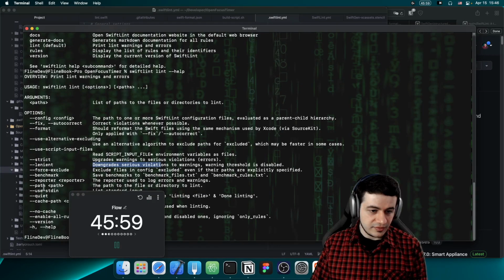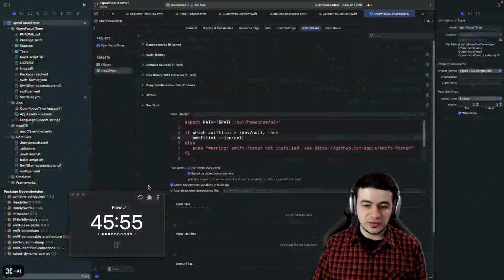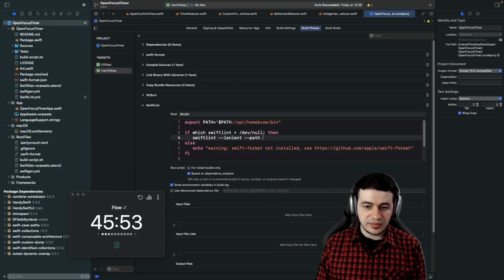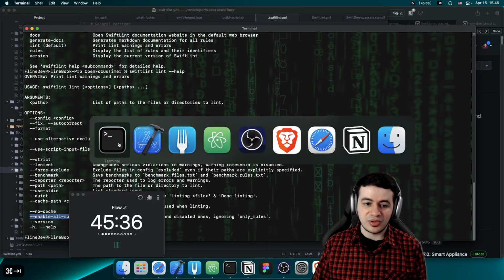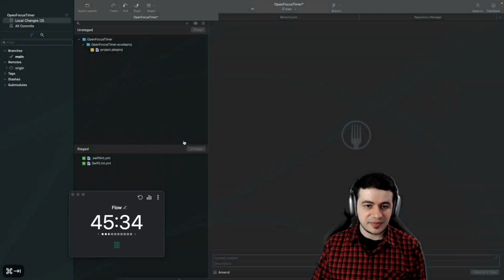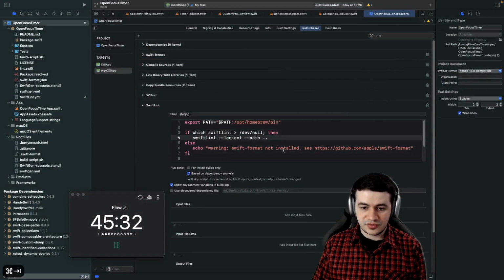And then we have the path. So I can specify a path to run from, and that's exactly what I want to do. I want it to run from the path... I hope that works. Quiet, don't print status. I think this is fine. And you can see we can say enable all rules, but we want to do this in the configuration file because we don't want to enable all of them actually. But that's basically the script here, and let's